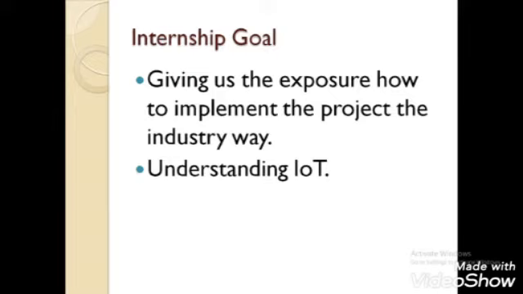Unlike this, in the internship we were taught how the industry works on a given project and what proper planning and execution is needed while doing the project. And of course, the second goal was understanding the IoT.